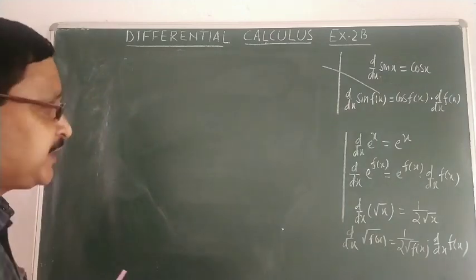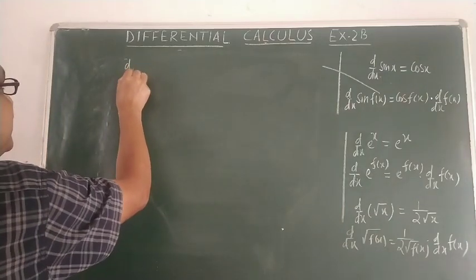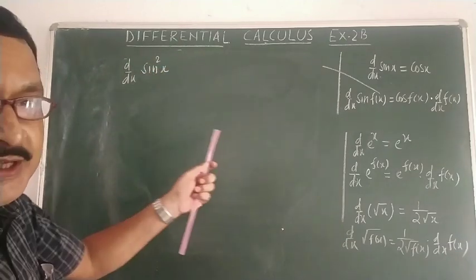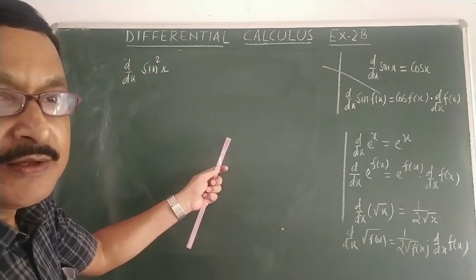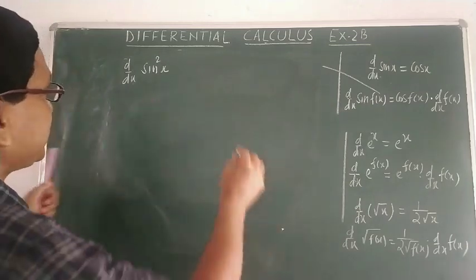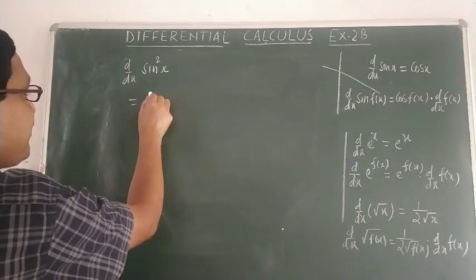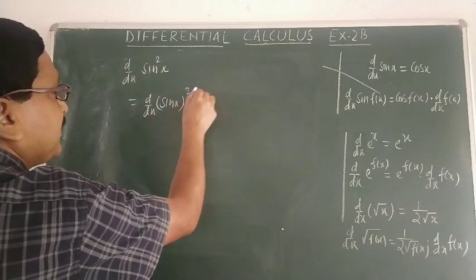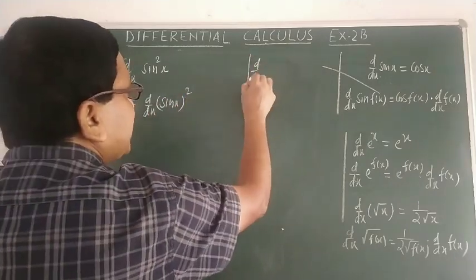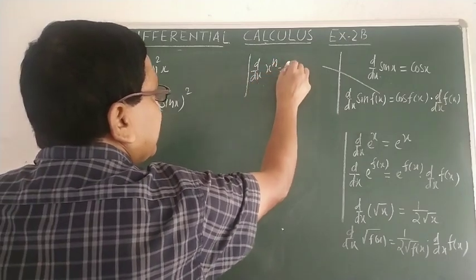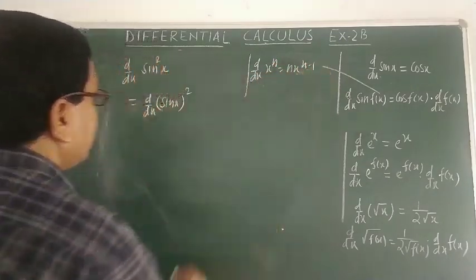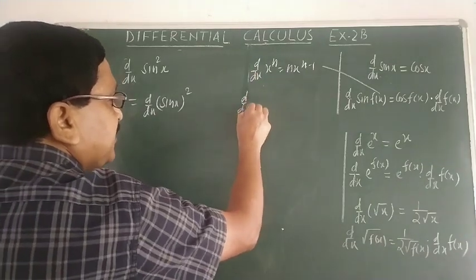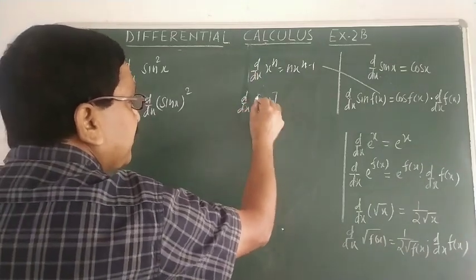Question 18: differentiate sin square x, d by dx of sin square x. The difficulty level of this question is slightly higher, so remember it. This can be written as d by dx of (sin x) whole square. Now we have the formula for d by dx of x^n, which is n x^(n-1). According to this pattern, d by dx of (f(x)) to the power n